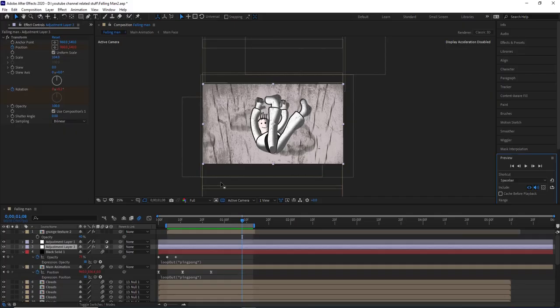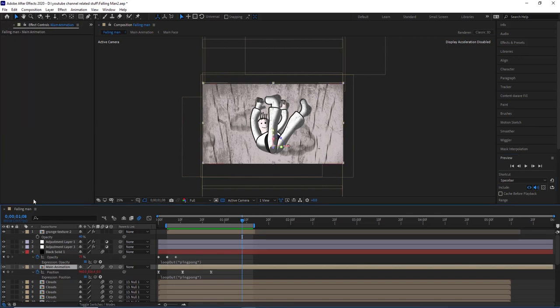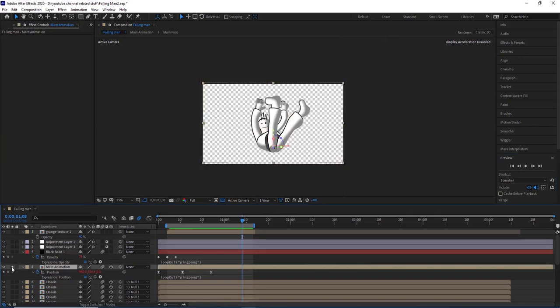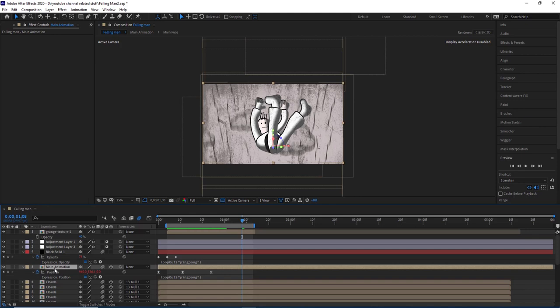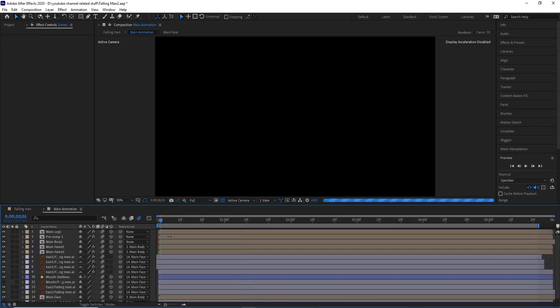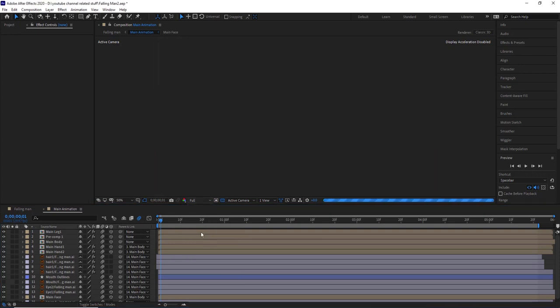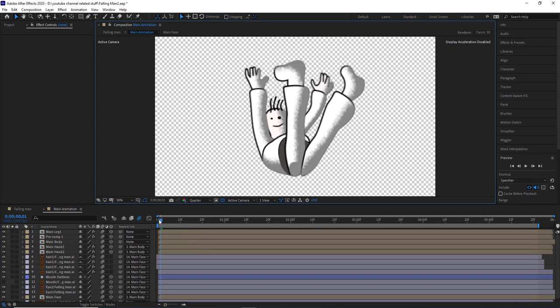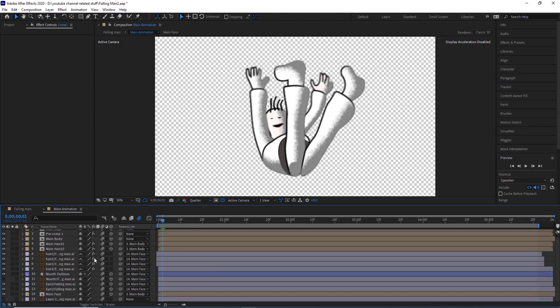And let's look at the After Effects project file. Coming to here, this is the main animation. Here we can see this is the pre-made animation, and this is the pre-comp composition. Once you click this one, I want to keep it in quarter mode, because when I'm rendering I will keep it in full mode, as I don't have that high-end a PC. And here we can see this is the main face,